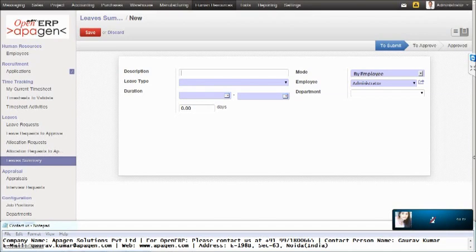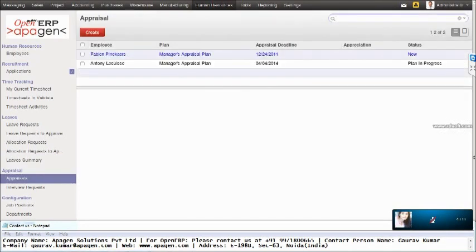The next move is to the appraisal, and the first tab under appraisals is the appraisals. This is the list view of the appraisals, which you are viewing right now. You can view the other views also, such as the form view. The list view comprises 5 columns: the employee for whom the appraisal has been planned,